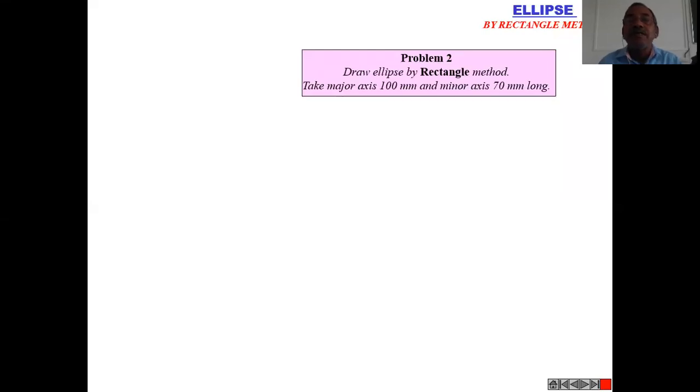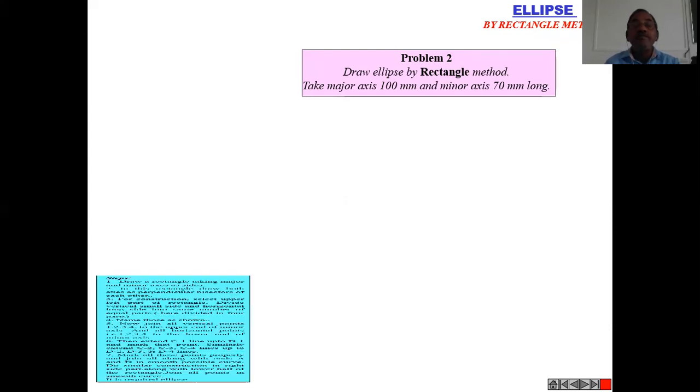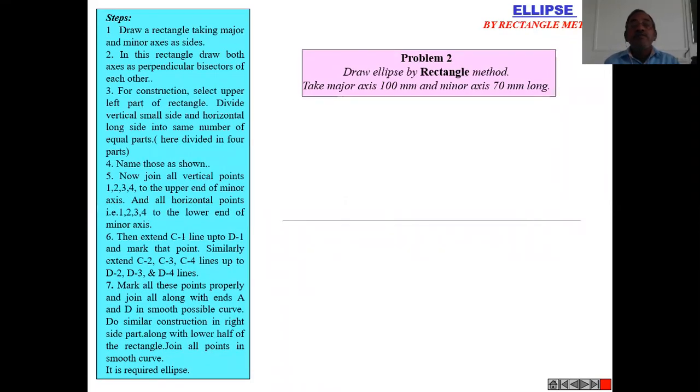So let's read the question. Draw ellipse by rectangle method. Take major axis 100 mm and minor axis 70 mm long. So let us go for the construction. We require these two in order to follow this. So first draw the major axis AB, minor axis CD,